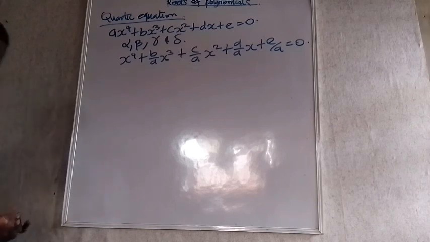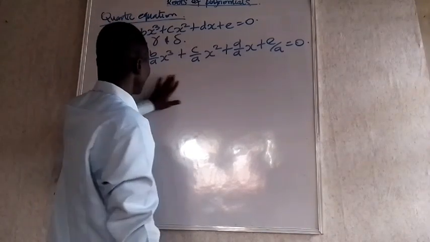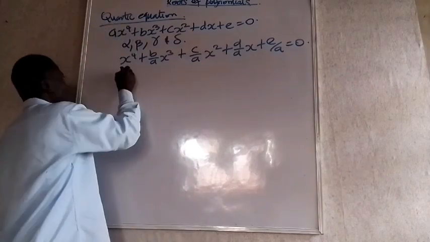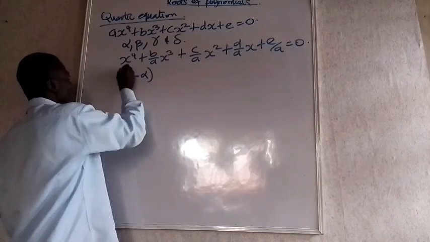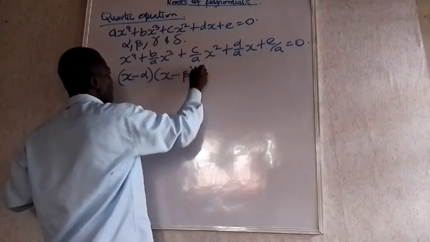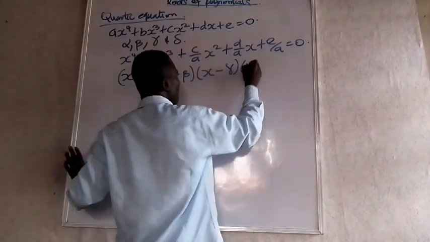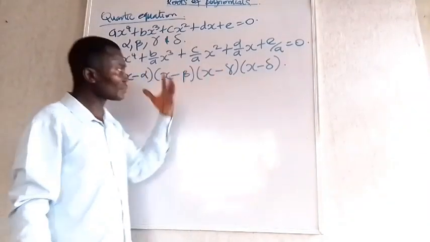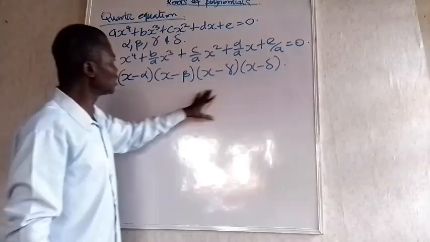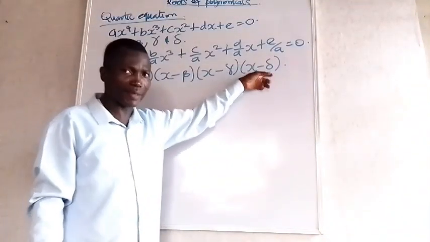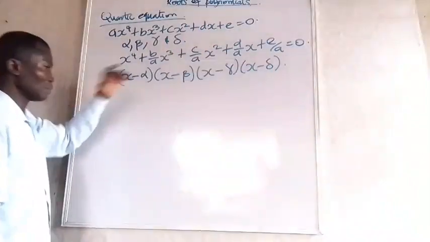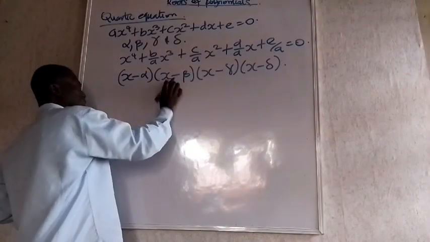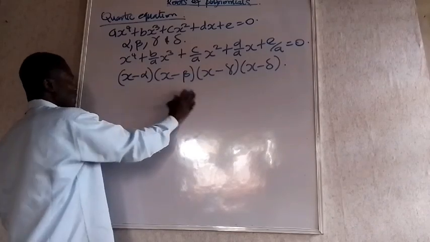Now that we have this, we are going to get this by multiplication of the factors. We have already known the expansion for these 3. So you now multiply it by this so that we equate it to this, and then we'll be able to get our necessary summation. So x minus alpha, x minus beta, x minus gamma, we are going to have x